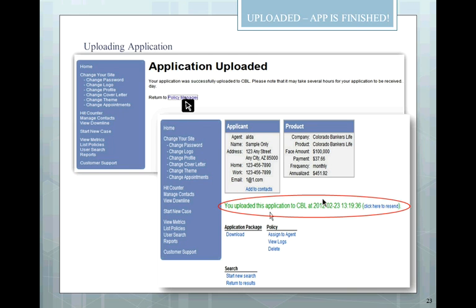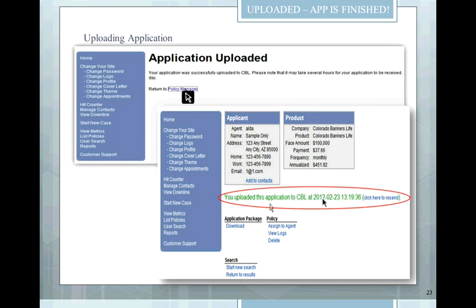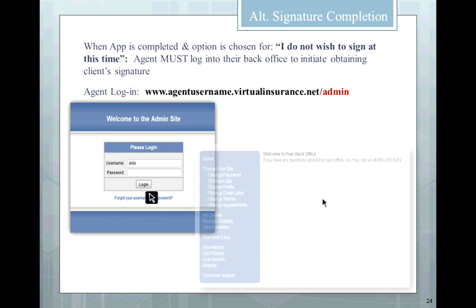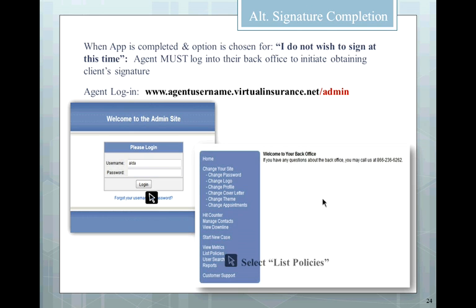But now I just want to do a quick little recap, guys. At this point you would have finished with an application, but we're going to go back a couple of slides. Basically what I want to show you now is how we complete the signature if the client was not there in person. For whatever reason you weren't doing a screen share, or the client was not a face-to-face sale, then you have to go through an alternative process to collect the signatures, which is all done through your